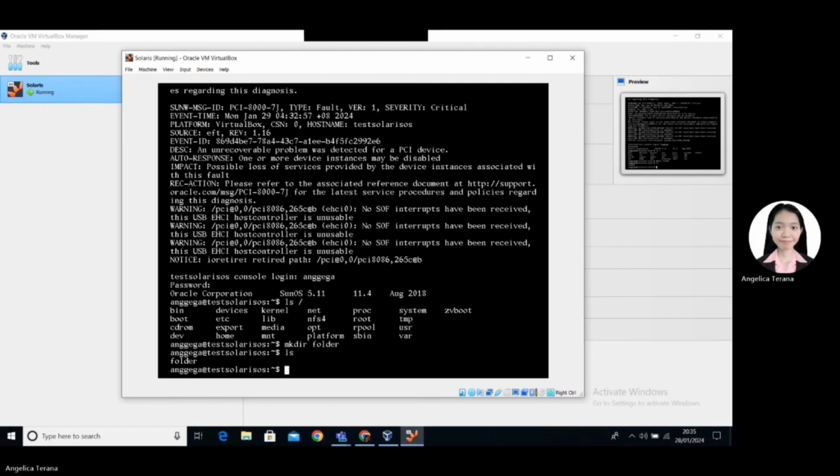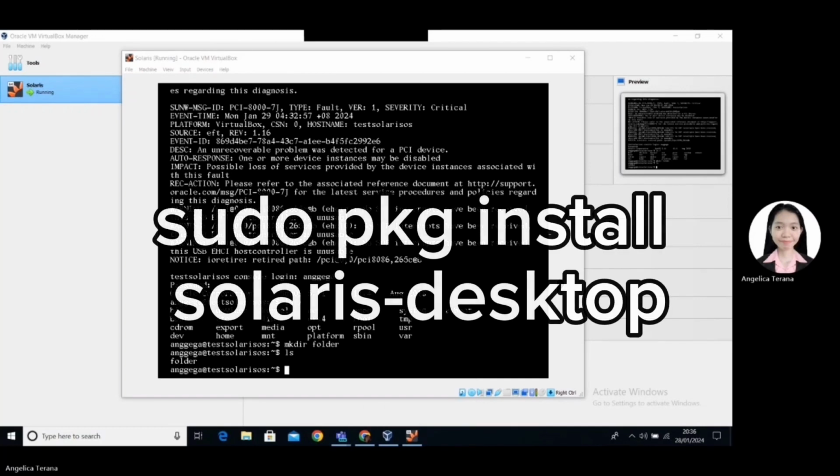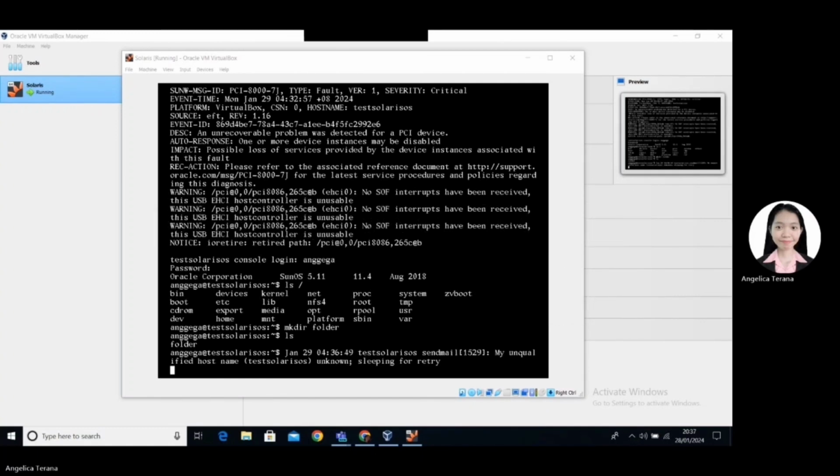But after that, you will still need to prompt another command, which is sudo pkg install solaris-desktop. And once you have fully installed the sudo pkg install solaris-desktop, you will need to reboot it or reboot the console by pressing F8. And then, you have to start all over again para lumabas yung user interface ng Solaris. So, medyo matagal yung process na yon, and it took like 20 minutes para mag-open and mag-run yung mismong